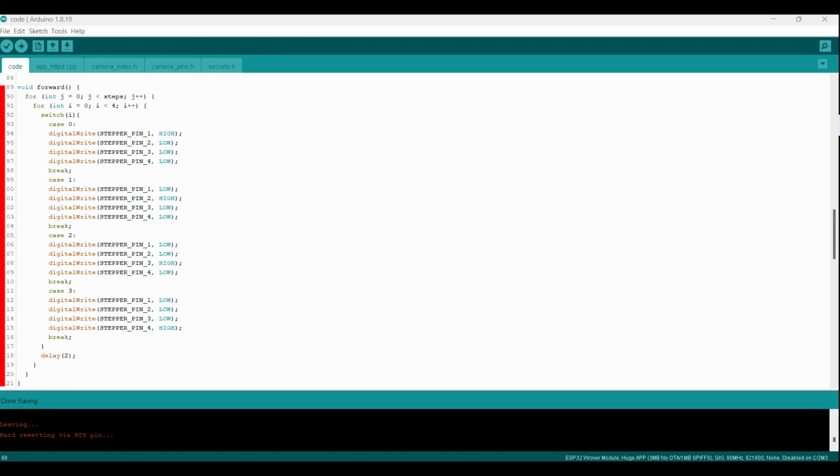This is the forward function. The function uses two for loops to execute the sequence of movements required for the motor to move forward by the specified number of steps. The number of steps is defined by the steps variable, which we saw was declared globally further up in the